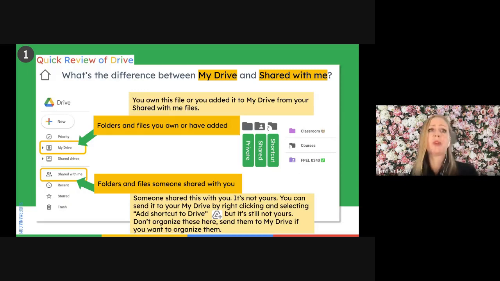This, for example, is quite useful when the MReader people shared that big folder with us. It's a folder full of all of the scanned MReaders for our entire program. So hundreds and hundreds of these book files. They came in my Shared with Me, and I added it to my Drive. So it's still not mine. It's got a little arrow that shows that it's not owned by me, but it lives in my Drive, so I can find it easily. I can get that link out to students and to teachers because I know just where it is stored in my Drive, although those are not my